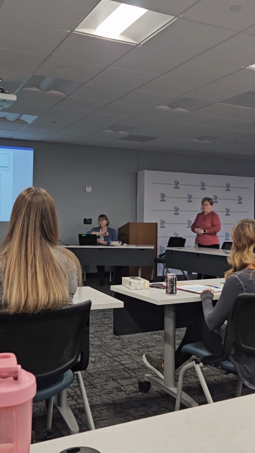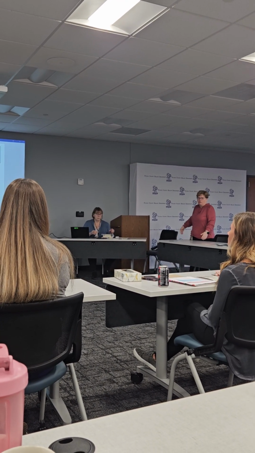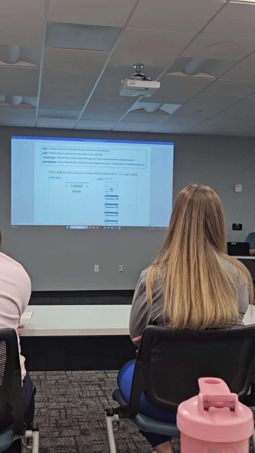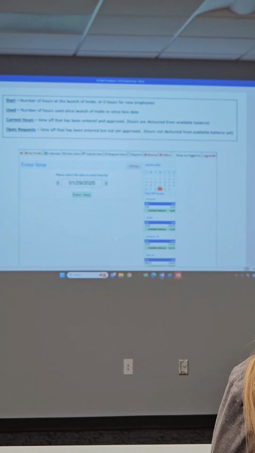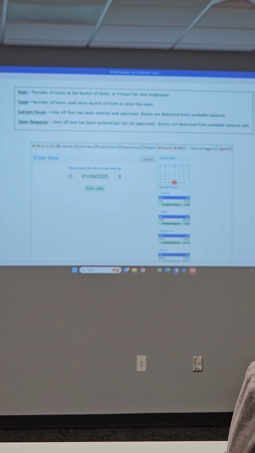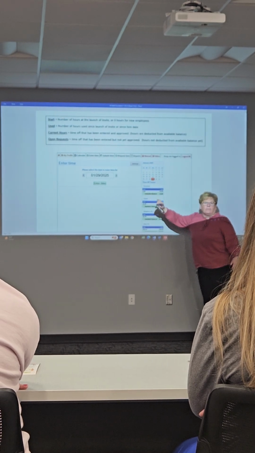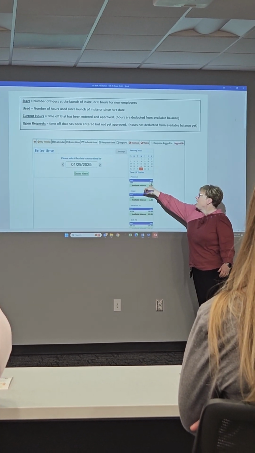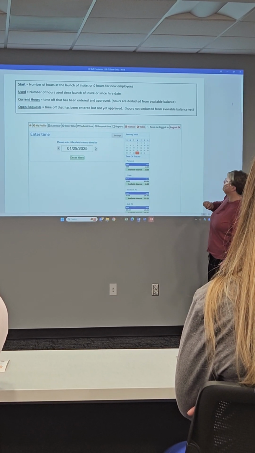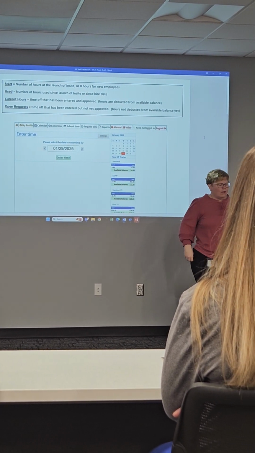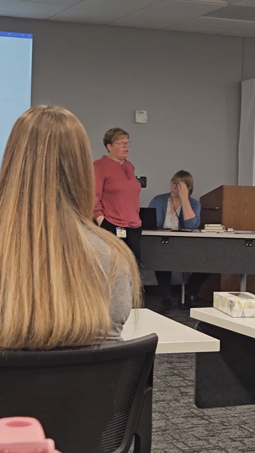On your enter time screen. So that's where you land most of the time when you log in. But what we're referring to, and I know it's tiny, is start. And the number that is associated with the start, in this case, is 0, but that number should reflect your start from whenever we